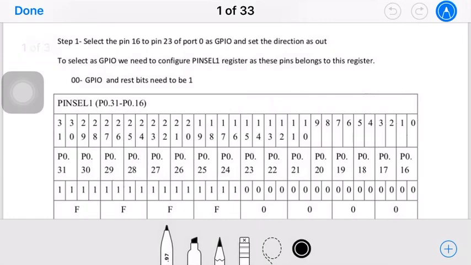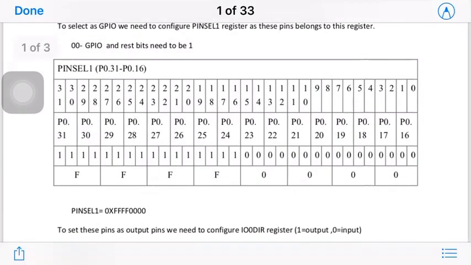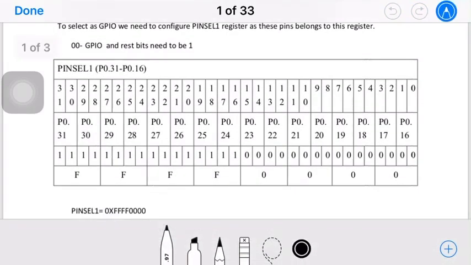So we know that this is how we are configuring pin 16 to pin 23 as GPIO.